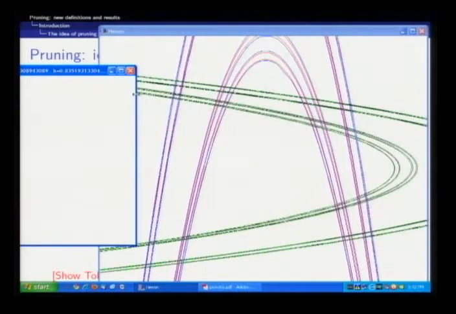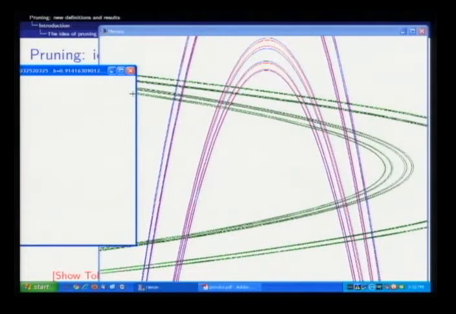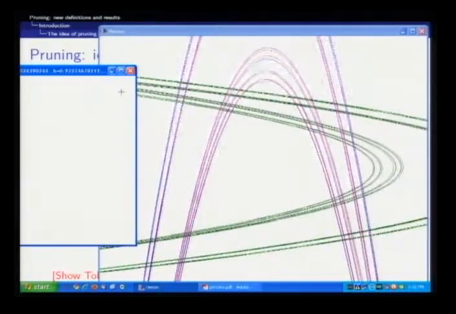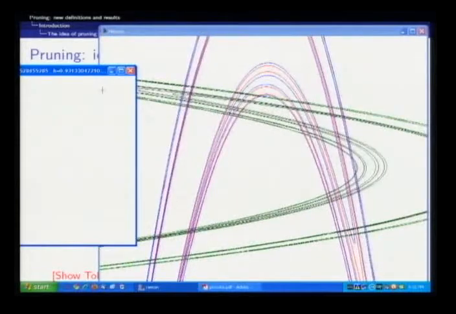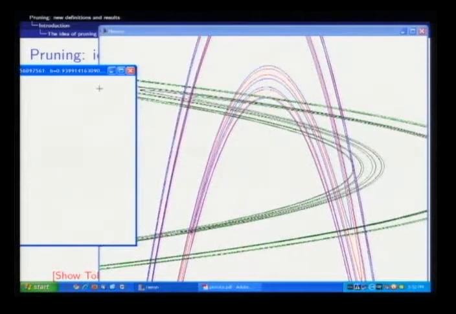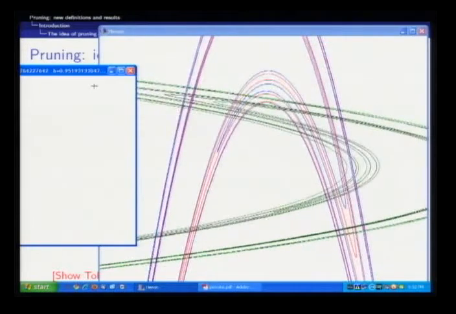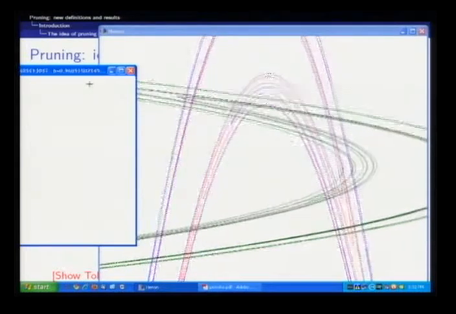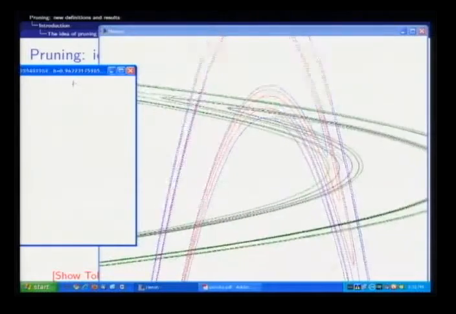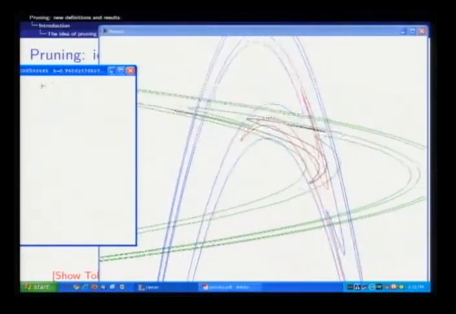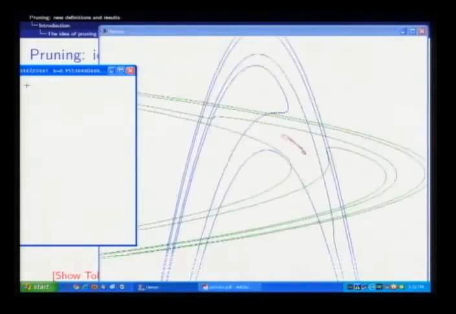So the Henon family has two parameters, A and B. Say fix the parameter B, they're on top of the screen there, and move A. That's what I'm doing here. I'm going to move that cross there to the left. And what you see with these stable and unstable manifolds is that they move. At some point they touch, and you keep moving, and they start uncrossing. And they uncross, and then uncross, and then go on, and eventually it disappears. So that's what you see.